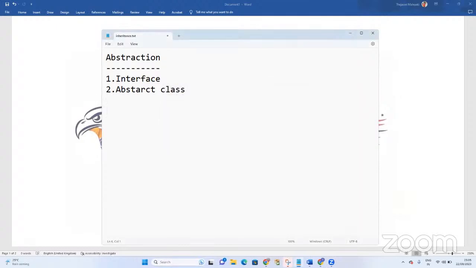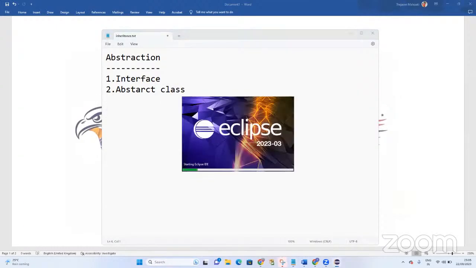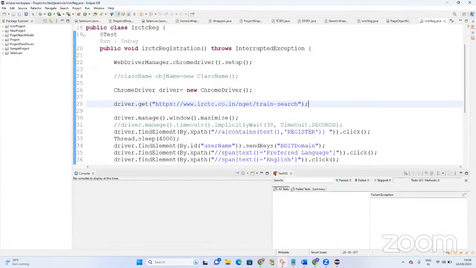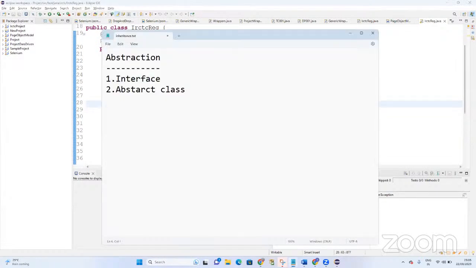I said abstraction is something where you do not show the complete implementation; you only show the method declaration. In that case, why do we have two here, interface and abstract class? We could have only one, right? So the thing is, an interface will only allow declared methods. For example,